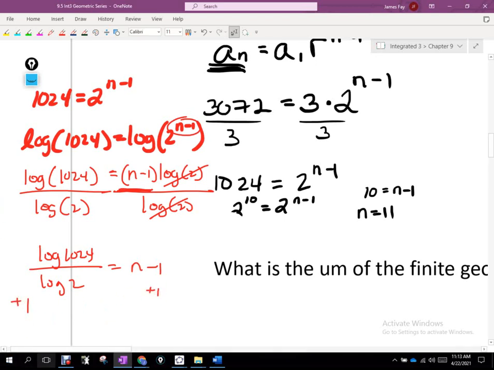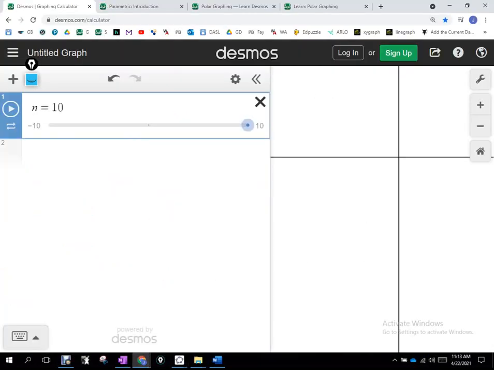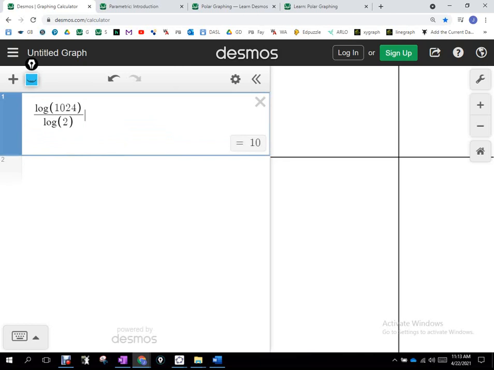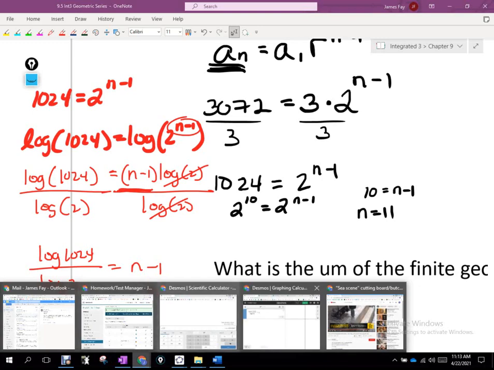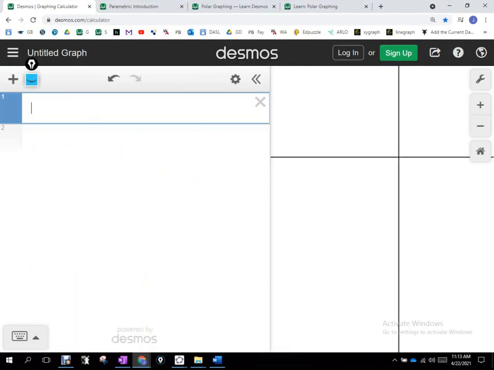So then I'm going to grab my calculator and I'm going to ask it to go log 1024 divided by log 2 plus my 1. Does it give me the 11 that we found this way? Okay. Could I do this? Because I know some of that, it was a while ago, might escape us. Okay. Can we take,